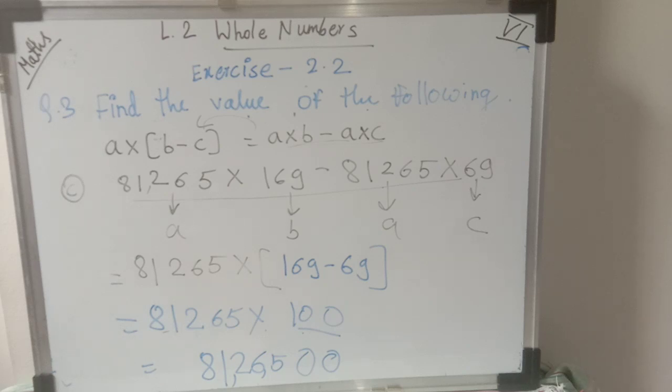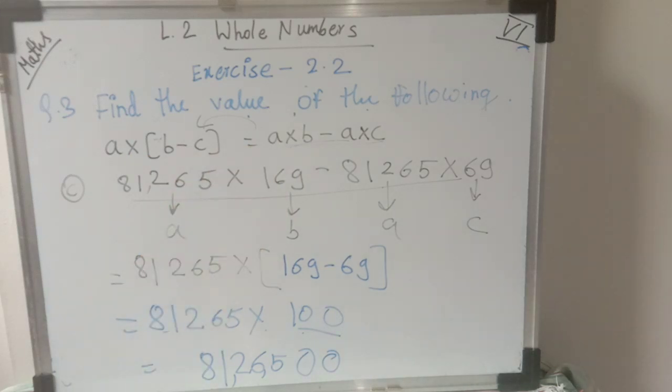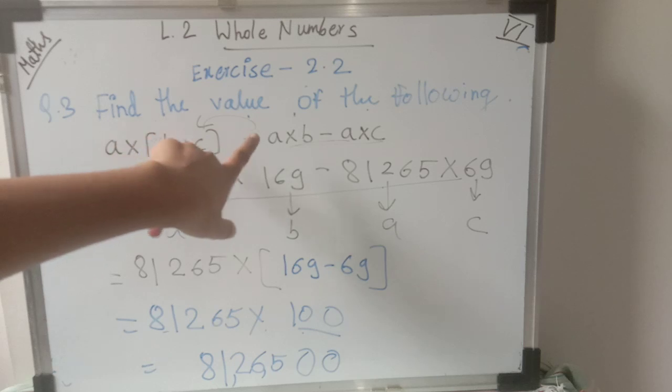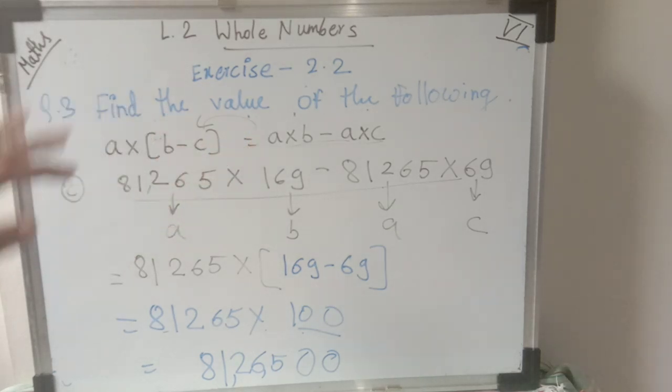Okay students, see, all the 3 examples we have seen here, we have to remember what property we have learned, and that the examples are in the form of which property. Okay, so here we have learned this property. See, it is very difficult because my tongue is also rolling when I am saying the distributivity property. Okay, so here remember that these two equations and these two formats of the equations are related to the distributivity property of multiplication over addition and over subtraction. Okay, so this is a different property than the other properties which we have learned.